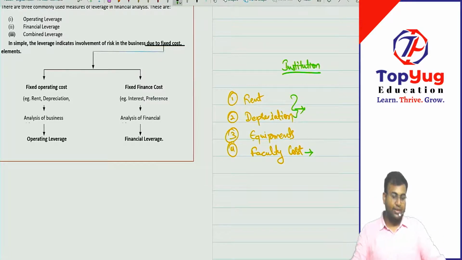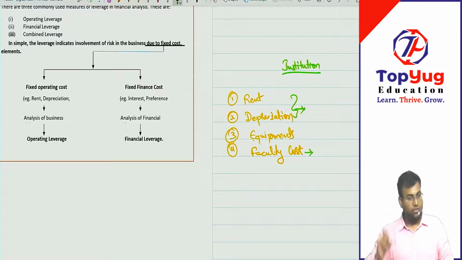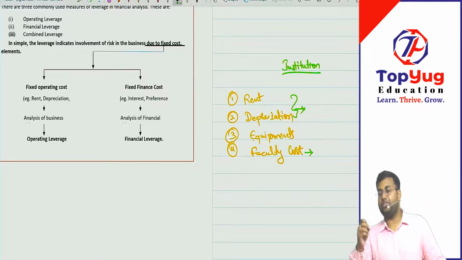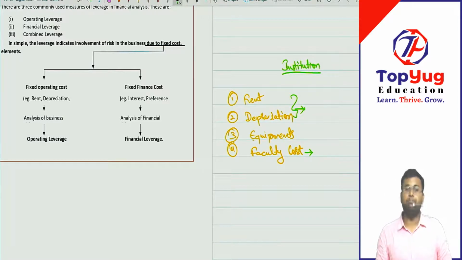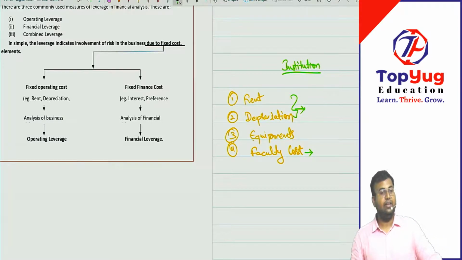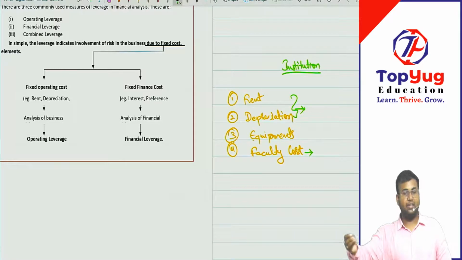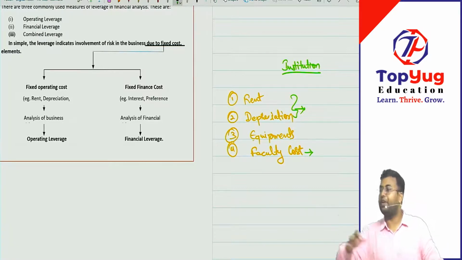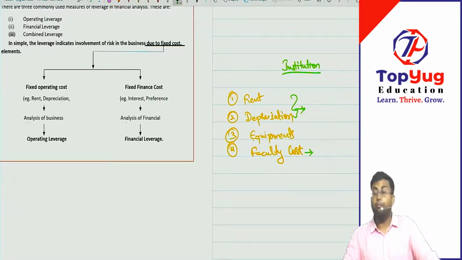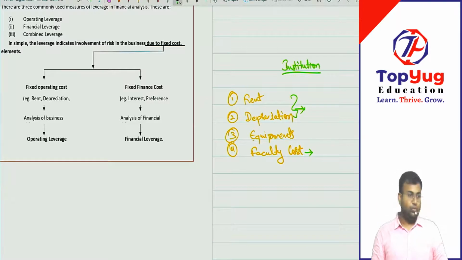Okay. So now what is happening, my dear? Rent is a cost they have to incur. Depreciation is a cost they have to incur. They have to also incur faculty cost. But as you rightly said, faculty has a choice to teach here, at any other place or anywhere they want, right? Yes. But the institution doesn't have a choice with some cost like rent. So once they commit, they commit.